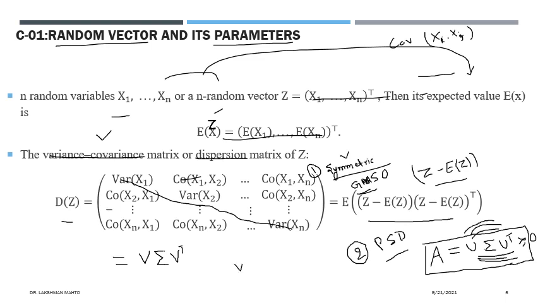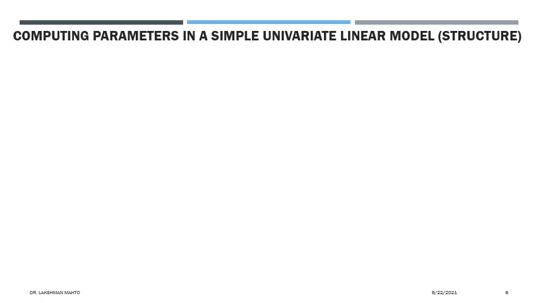So if you try to find the inverse of that orthogonal matrix, you can get it simply by transpose. So do the transpose and get the inverse easily. And why it is positive definite, I have already explained. Because of this representation, it is positive definite. So this verification you can do by yourself if you are willing to get the representation of positive or positive semi-definite. I will talk further about the computing process of the parameters in a simple, sorry, multiple here.